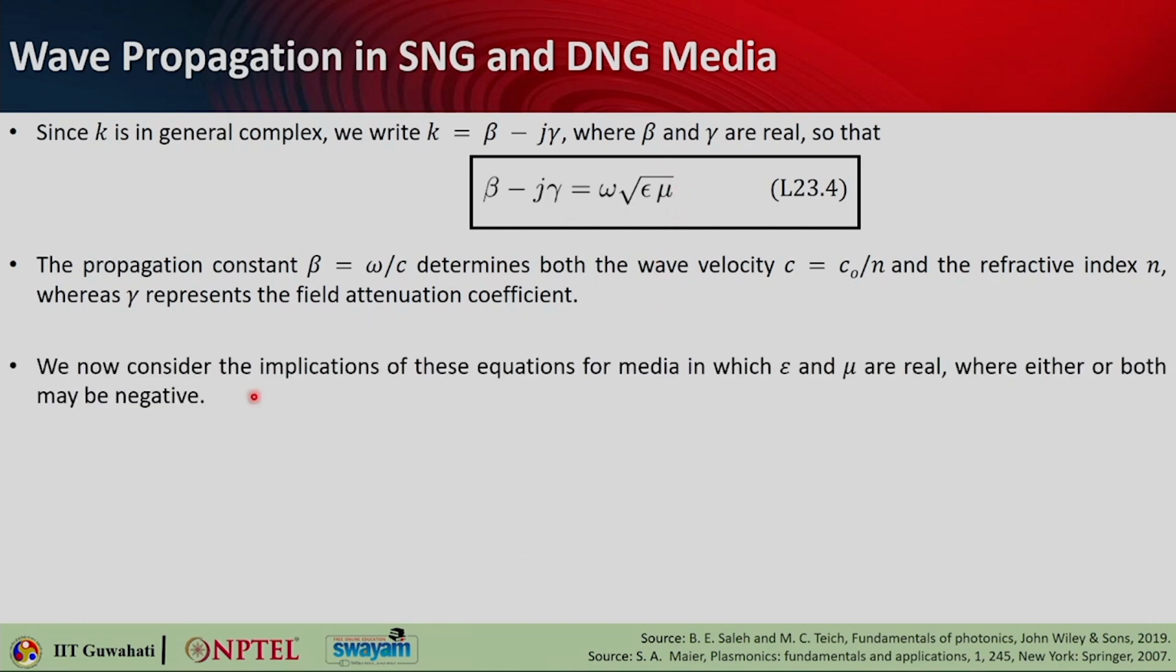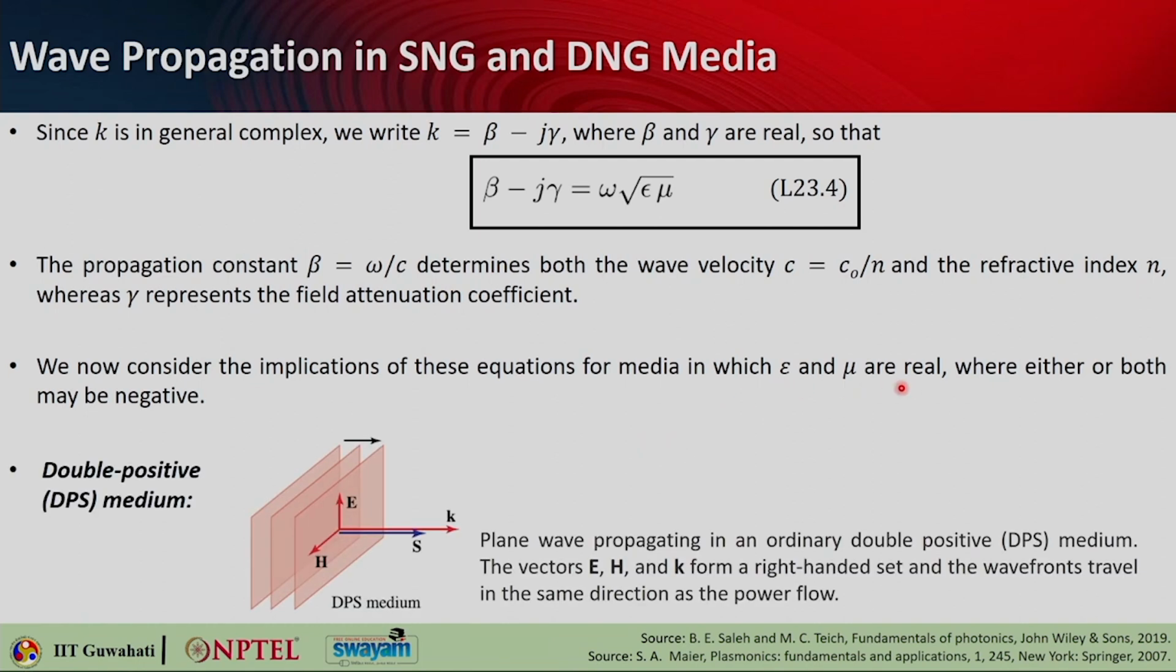Now we can consider the implications of these equations for media in which epsilon and mu are real, and they can be either or both negative. So let us investigate these cases. The first simple case that comes to our mind is a double positive medium. So here both epsilon and mu are positive, so you can simply write the E and the H vectors, and